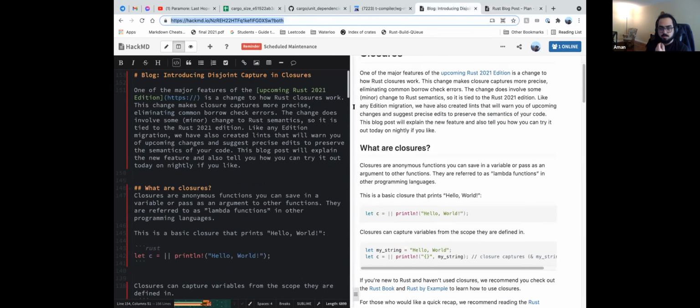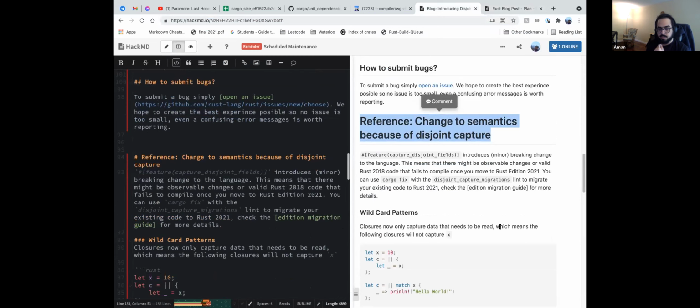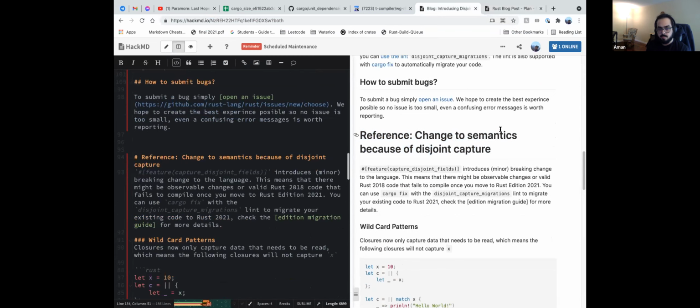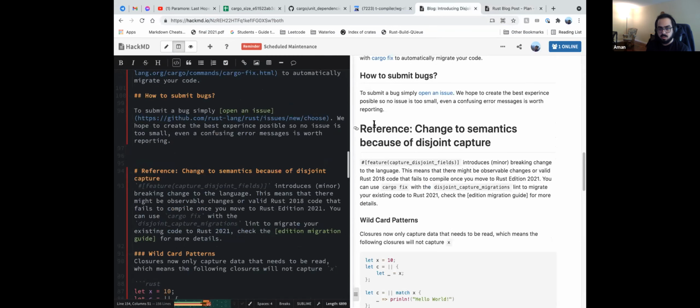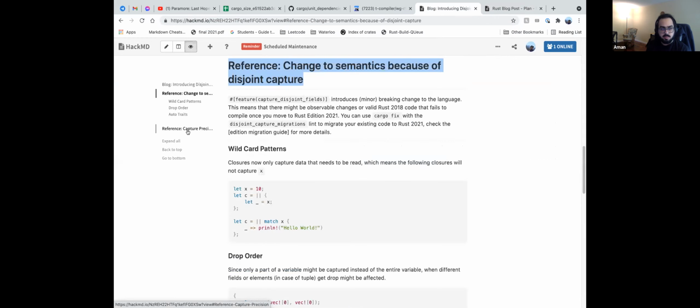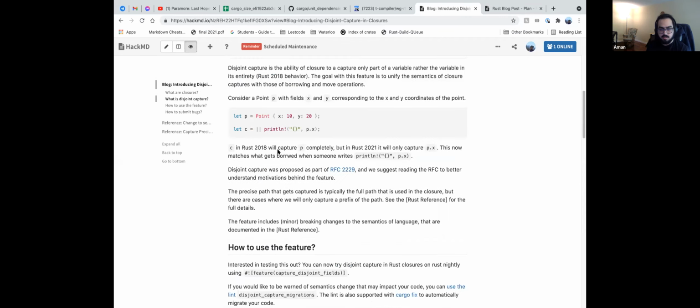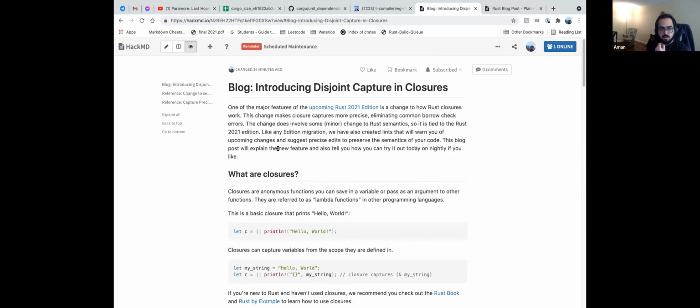So what we had talked about was we wanted to take the blog post and split that into pages that will go in the Rust reference. So that's what we did. So there are 2 pages now that will go in the Rust reference, and then there are blog posts that will end up linking to them. So the overall blog post now is just a brief description that we talked about that we want to give about the feature